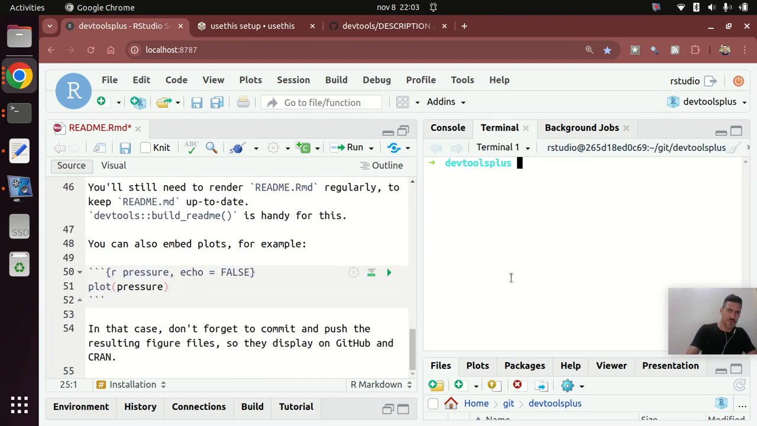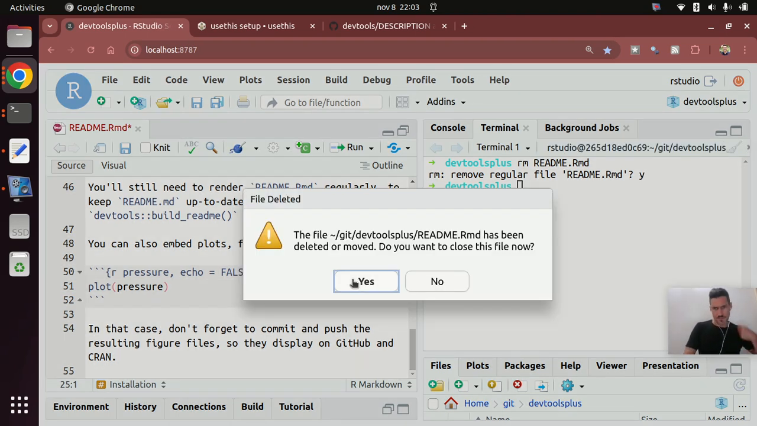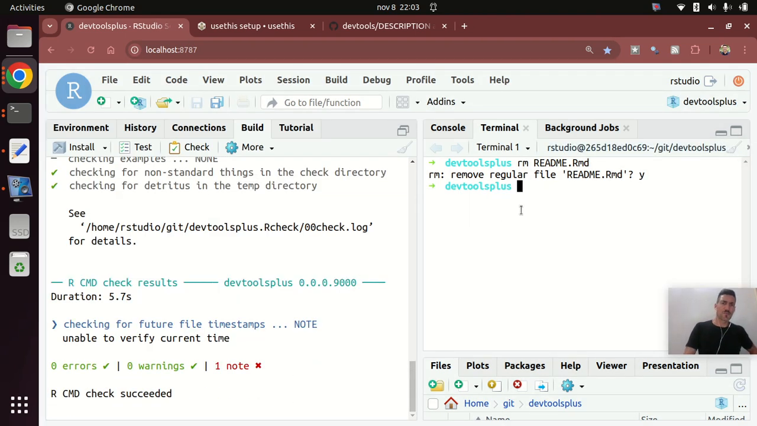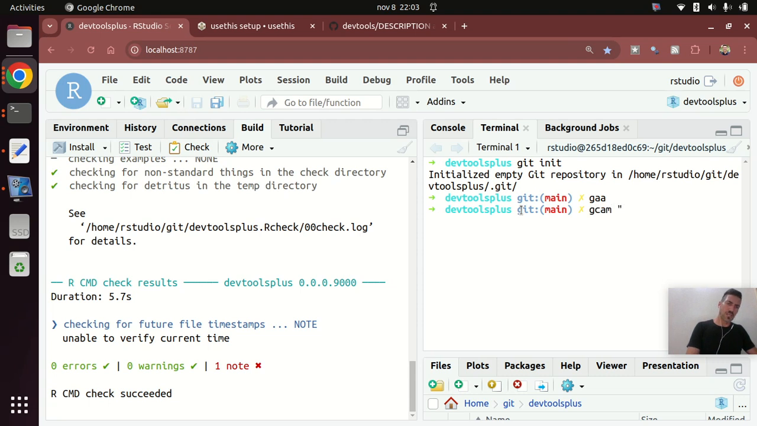Actually, let me change my mind and let me remove the README, because usethis didn't populate it with something too useful. So let's delay that for a little bit. Let's initialize a Git repository, create a commit here. Initialize package,